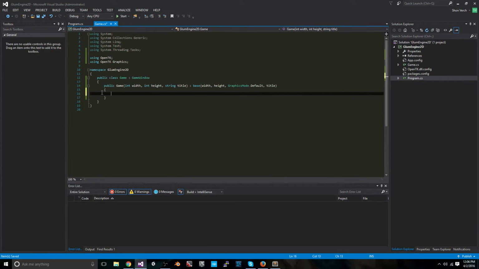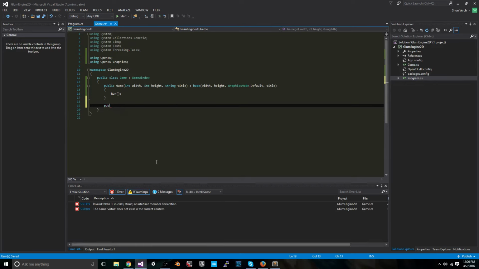Now that we have that, we don't need to do anything else in our constructor except call Run. Run enters the game loop of the game window using the maximum update rate. Okay, it's that simple. Another thing we need to do in our game class is some public virtual methods,